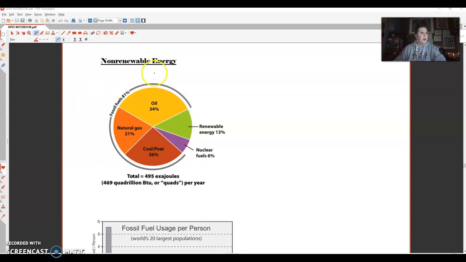All right, so non-renewable energy, we say that it exists in a fixed amount. What does that mean? It means that there's only a certain amount of this energy source on the planet. Once it's gone, it's gone. Okay, so it exists in a fixed amount and involves